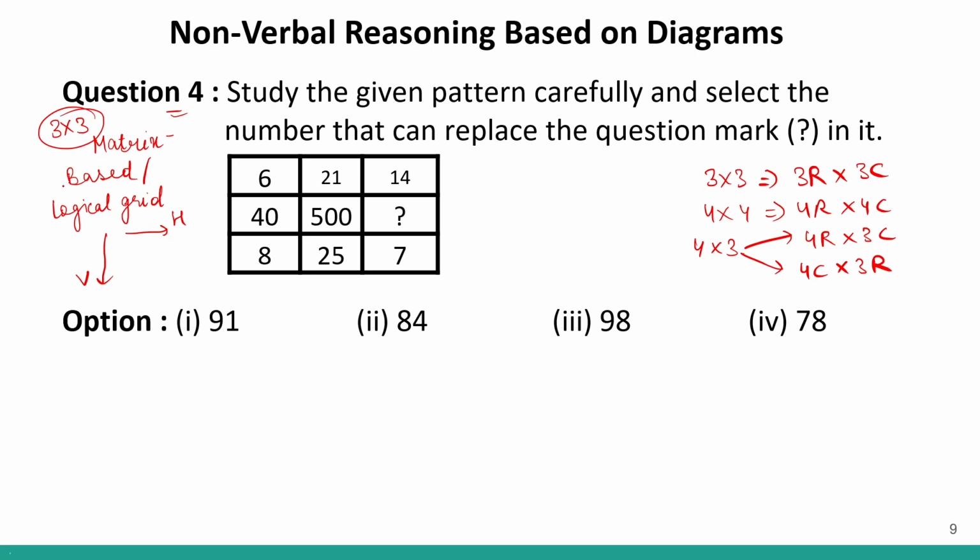Over here we have a 3 into 3 matrix. That means 3 columns and 3 rows. Now when I look at this matrix, I can see that row 2 is significantly bigger than the other numbers. So row 1 and row 3. We have 3 rows, right? So row 2 numbers are significantly bigger than row 1 and row 3. That means certain operations are being done on row 1 and row 3 to get row 2. That means we are solving them what? We are solving them vertically, column wise. Correct?